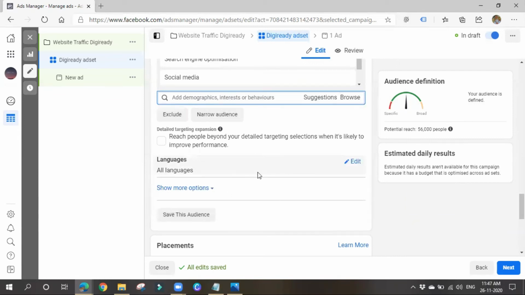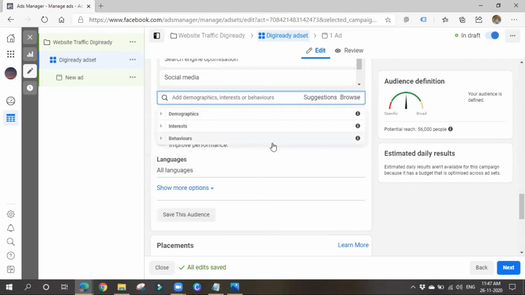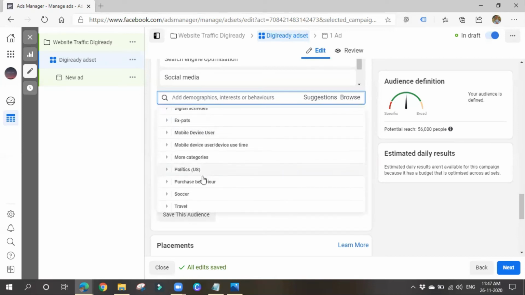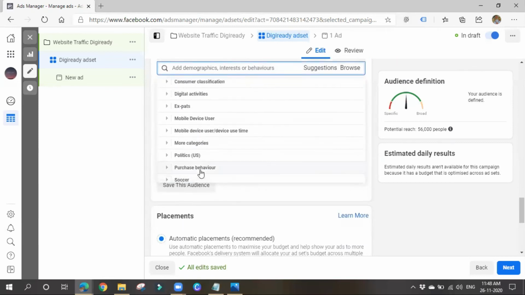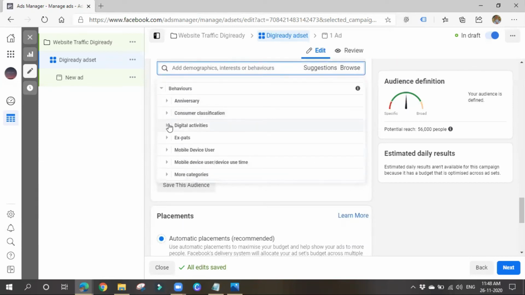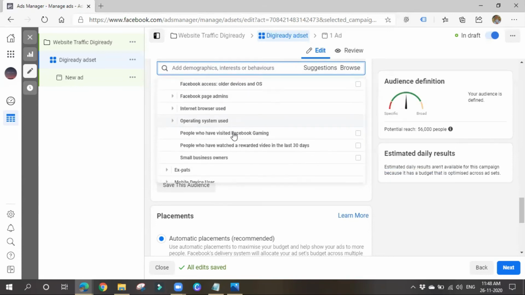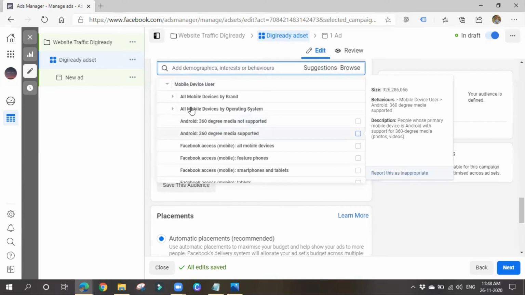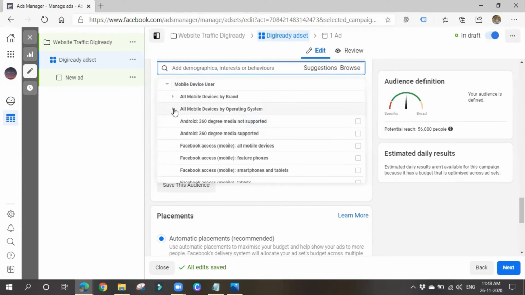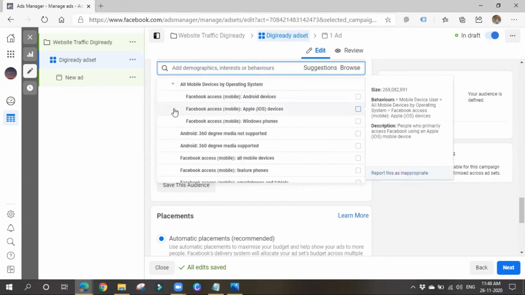You can also show based on purchase behavior and all, and which device they are using. So mobile devices, which devices they are using. If they are selling any mobile related products, you can go for it.